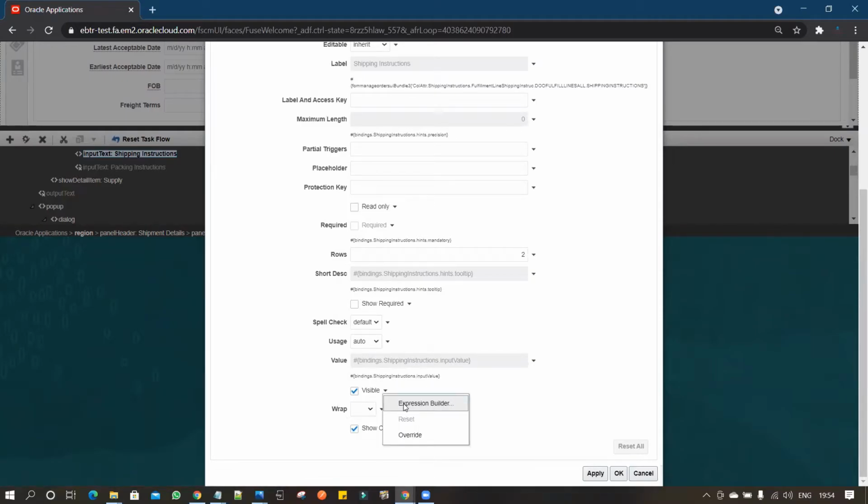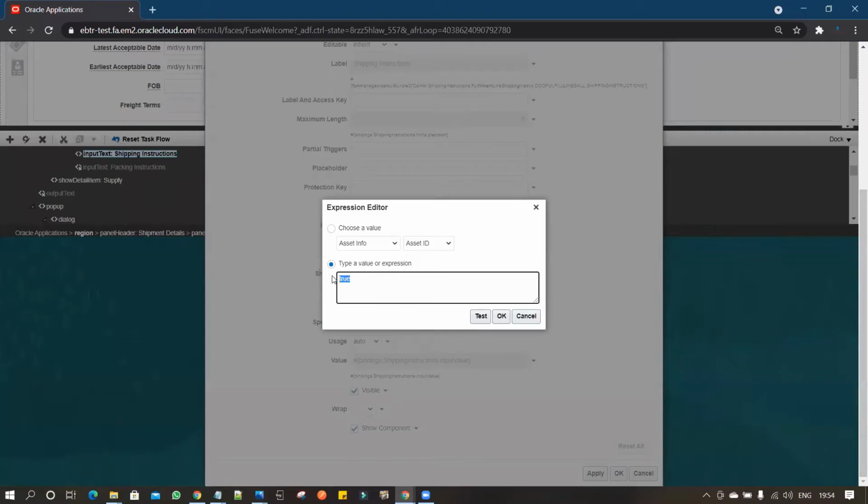Now I will click on expression builder and add the expression to hide the field. So I will remove it and we'll add the expression.